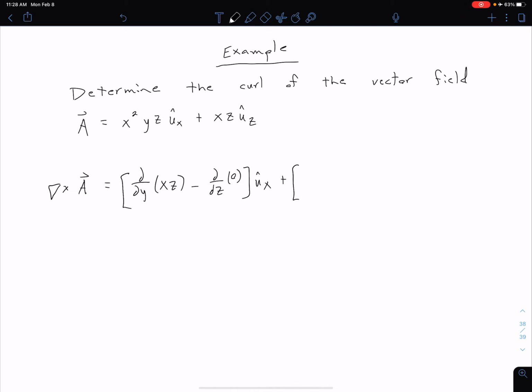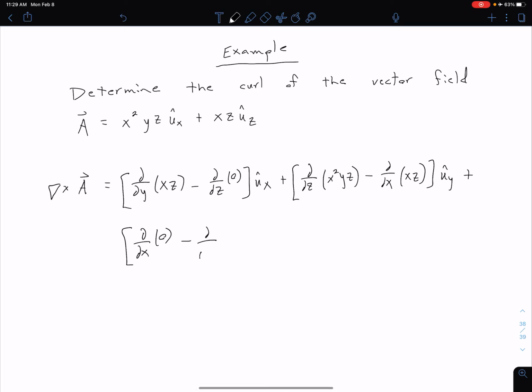Plus now we have the partial with respect to z of our x component, so our x component is x squared yz, minus the partial with respect to x of our z component, which is xz, and all of that is in our y direction. Plus now we have the partial with respect to x of our y component, which again is 0 in this case, minus the partial with respect to